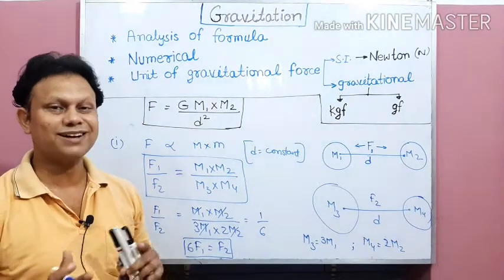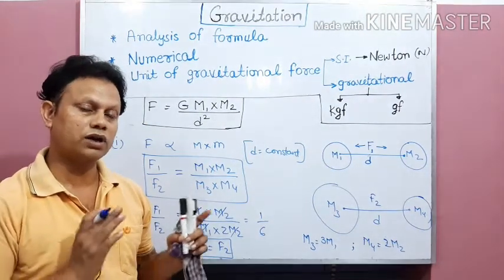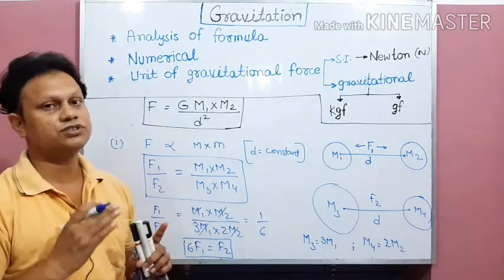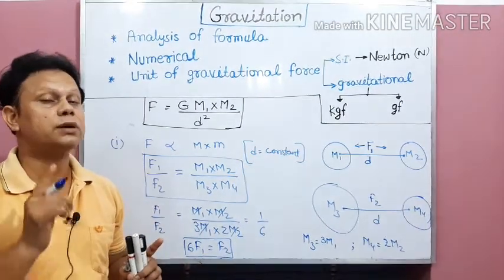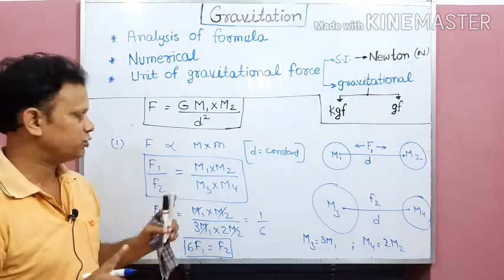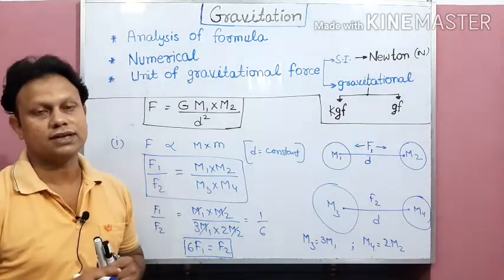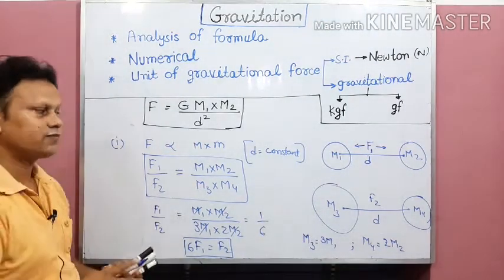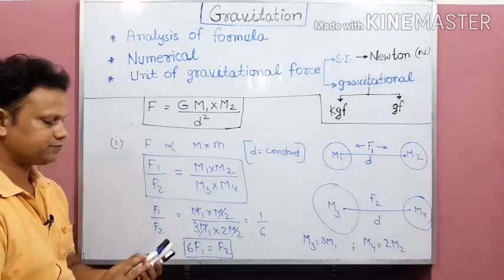So in this way we can compare that whatever factor has been changed in the mass, accordingly what will be the change in the value of gravitational force, but take care that here we are taking distance constant. So by using this formula you can utilize that. Okay, now going to the second factor, so you take note of that.